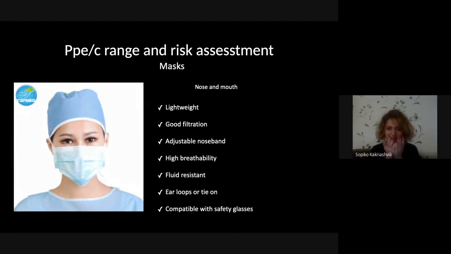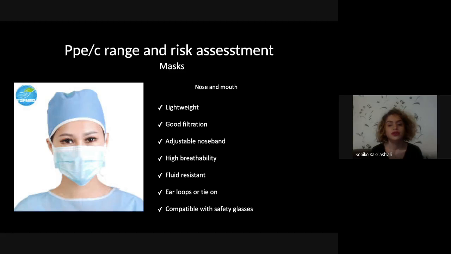Look, a face mask is for the nose and mouth. Don't use it only on the mouth or only on the nose, outside it. It should cover all, nose and mouth. The face mask should also be easy to use. It should be comfortable and lightweight, with good filtration, because nowadays, when we had a problem of too few face masks during corona time, some designers designed special face masks, but in this case, you should think about filtration. Not all masks can protect as well.